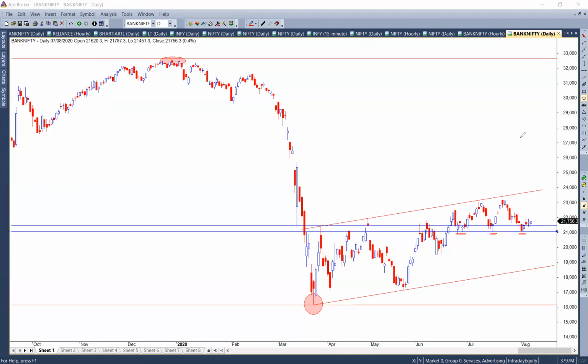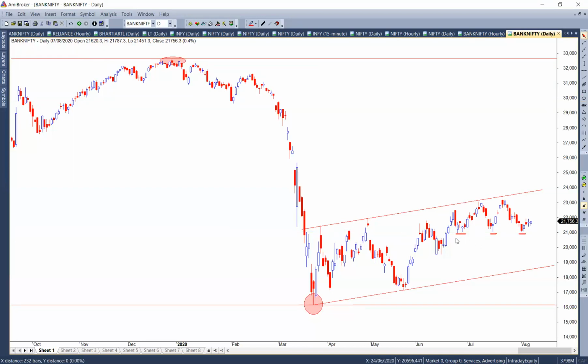If you get confused with it, you can also leave this for now. Let me just explain how to look at this as of now. So I'll delete these blue lines. What I can see is this is the low which was support. Why? Because prices bounced back once, twice, thrice from this level. And if you check on the right side, this is nothing but the 21,000 level. Or if you go on the price, it will show you the open, high, low, close, everything. So this low on the price is 21,027, which means around 21,000 becomes an important level.